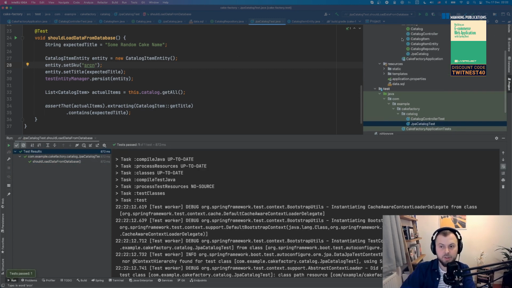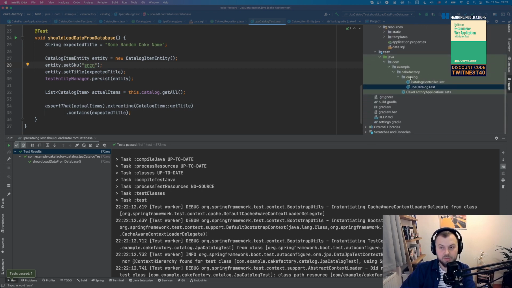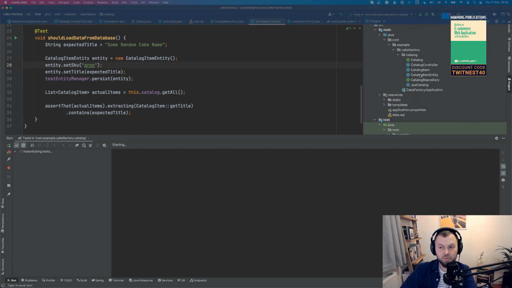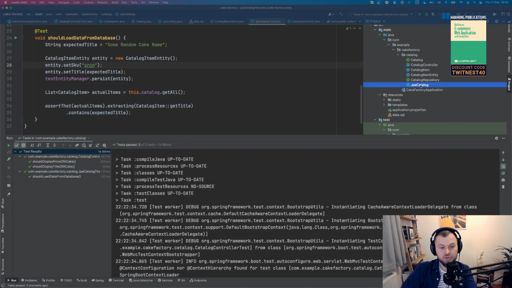But as I said, we're in a much better state now, because we not just have a green test, in fact we have two green tests, right? If I run the whole test suite, I'm going to see controller tests and database tests all green. But the beauty of using a test-driven approach is that we actually defined our business entities, which are our catalog item and our catalog. We defined our implementation of the persistence, which is JPA. Again, if you want to swap, let's say, JPA to something different, we only need to change one class, but nothing else in our application.